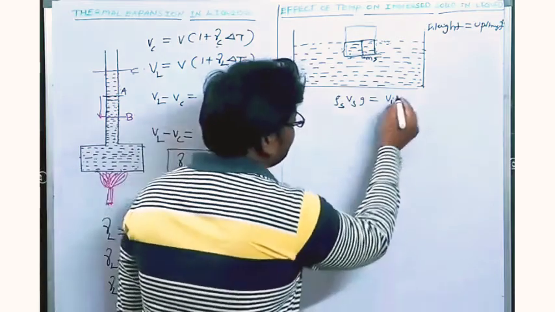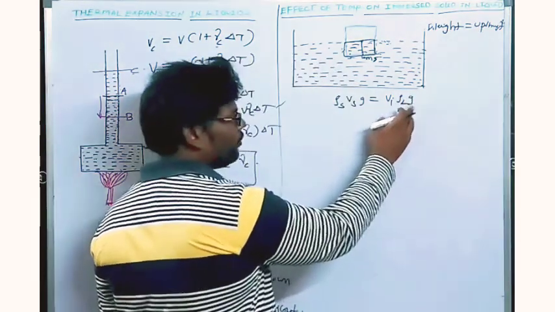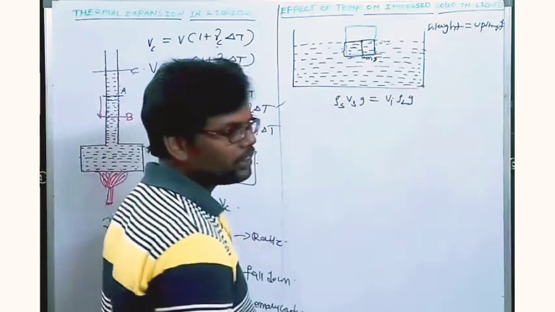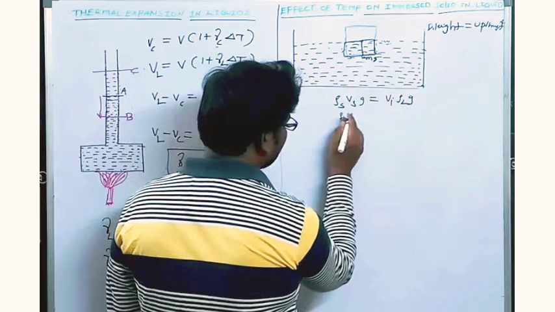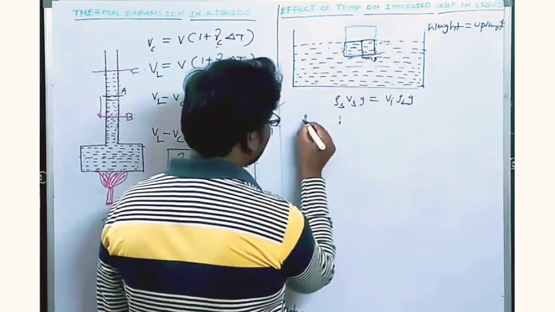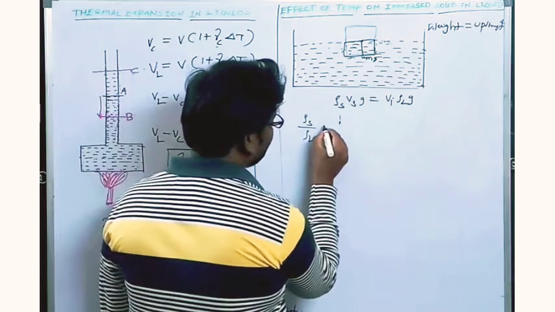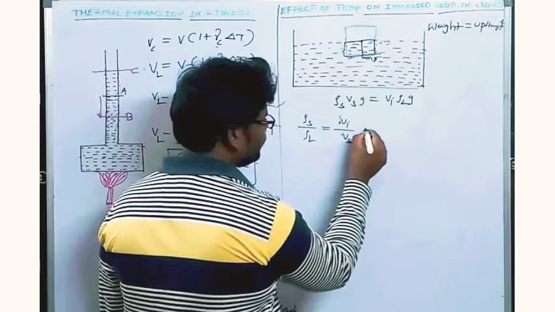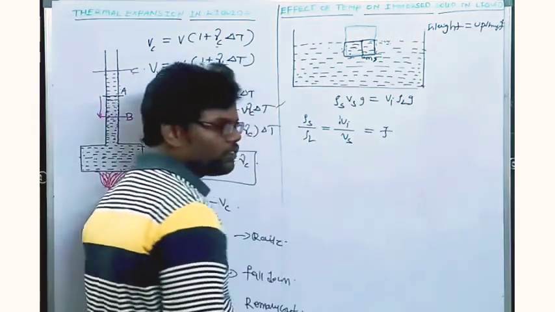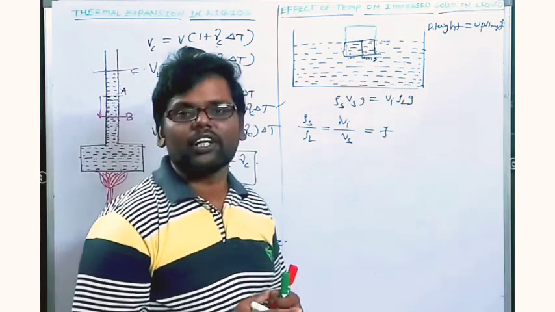Right. So now, density of the liquid into z. The acceleration due to gravity g will get cancelled out in this situation. So from this we can write rho s by rho l is equal to vi by vs. This is what we can say is the fraction of immersed solid in a